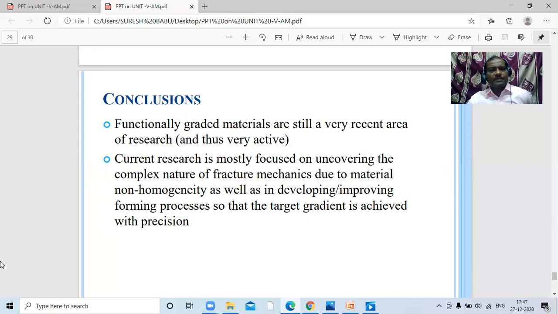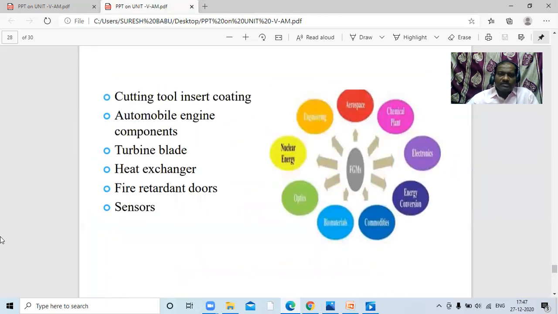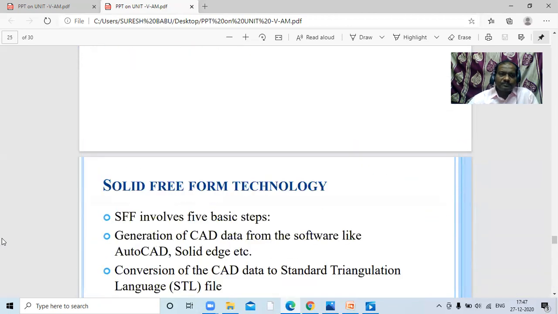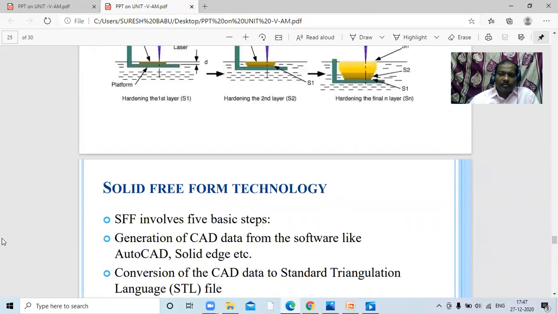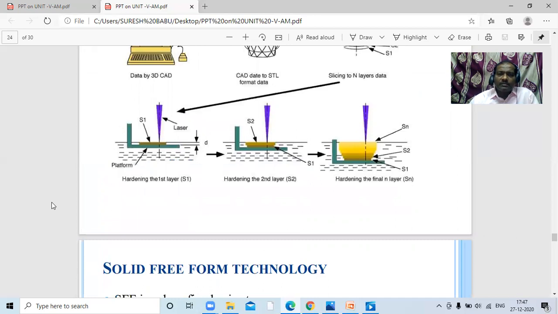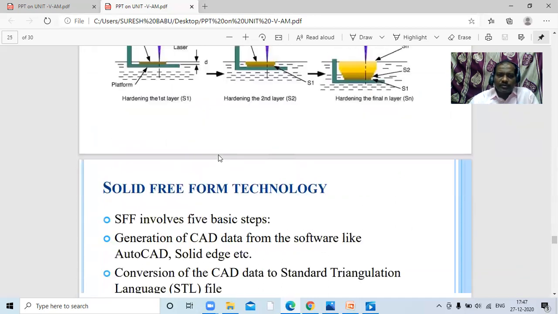In the preparation, I have explained the powder metallurgy technique, the centrifugal casting process, and solid freeform methodology, that is, solid preform technology. This is a new technology nowadays that has to be improved.